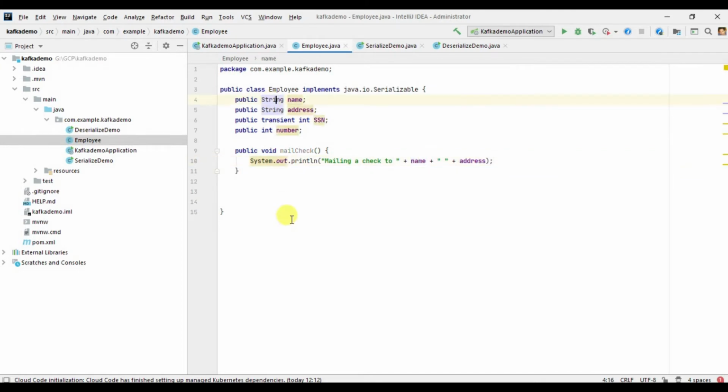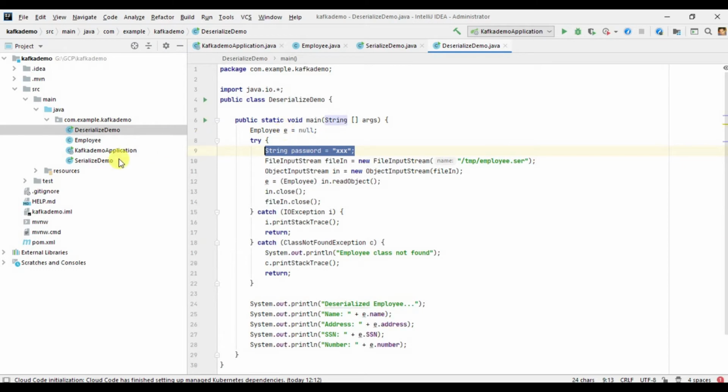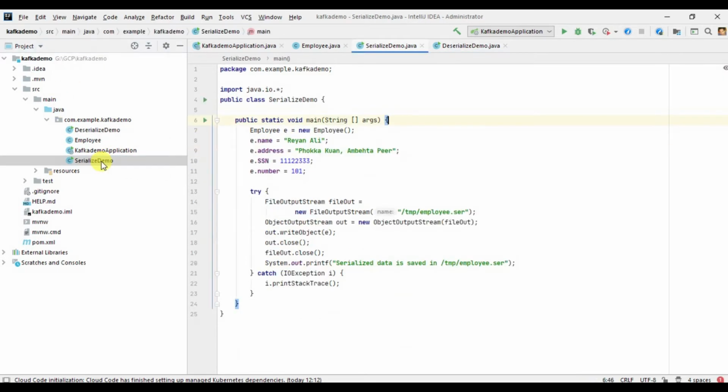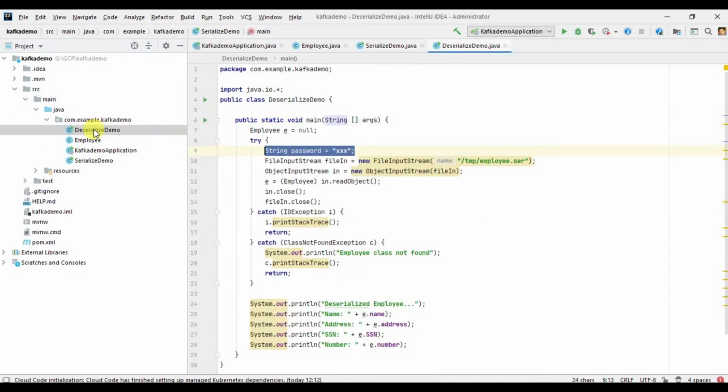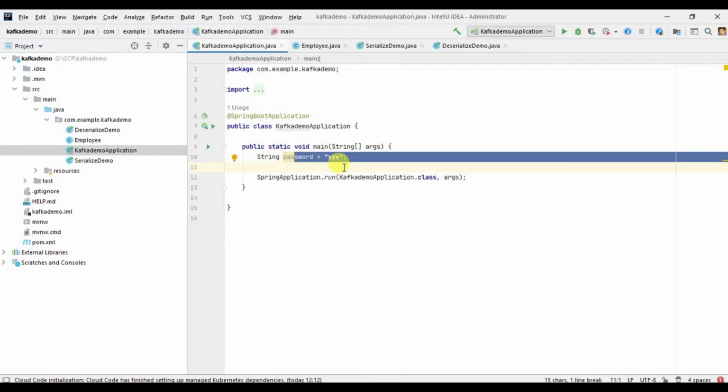Maybe you can add setters and all those things, but I wanted to scan this complete project against Fortify, and there may be some violations in it. I think I have entered a string called password. Let me see if that string is there. Yes, the password string I have added.